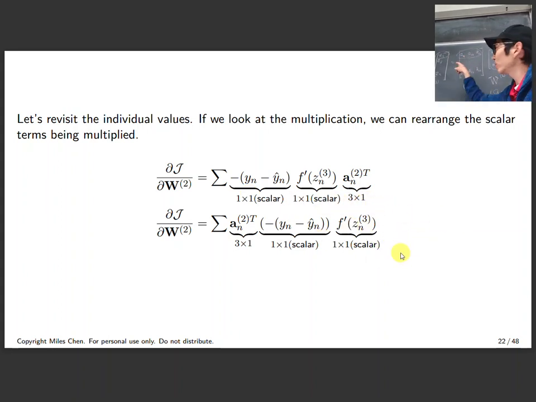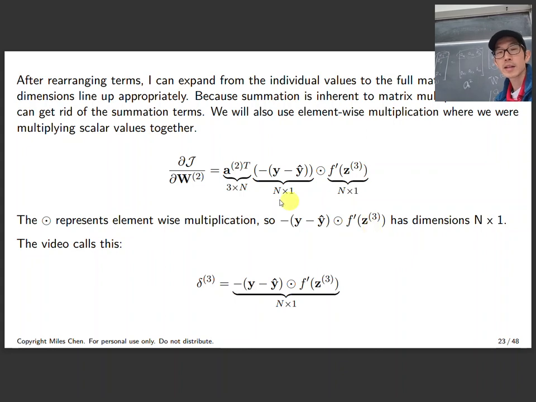If we just look at one term here, can I kind of move things around? I think so. I think that's allowed. Okay, and then if I drop the subscript and rather than having a summation, we're dealing with the entire column of n values, or the entire matrix, which is transpose 3 by n, then that's allowed. Okay, and so now again, we kind of make up a symbol here,